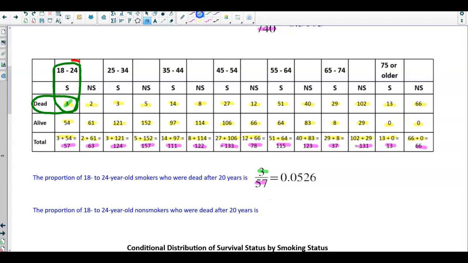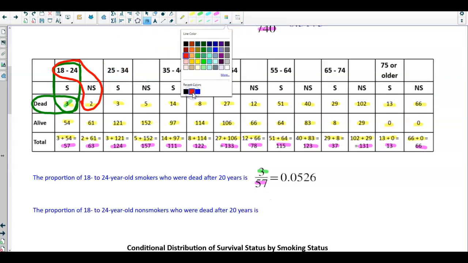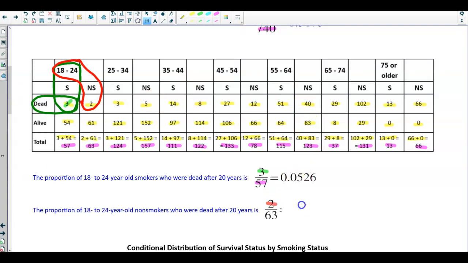So that means we're looking at 18 to 24-year-olds who were dead, and therefore we can see that that value gives us a numerator of 2. So the numerator is 2, and we're dividing it by the total of the non-smokers in that column, which is 63. So therefore, 2 divided by 63 is going to give us the following,